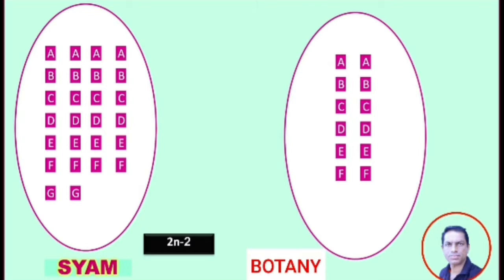nullisomic is not exhibited because it leads to death, because a pair of chromosomes are completely lost. Each chromosome contains several genes. A number of cell metabolic activities are controlled by these genes. When a pair of chromosomes or homologous chromosomes are absent, the metabolic controlling genes are completely lost. Finally, the organism may not survive.